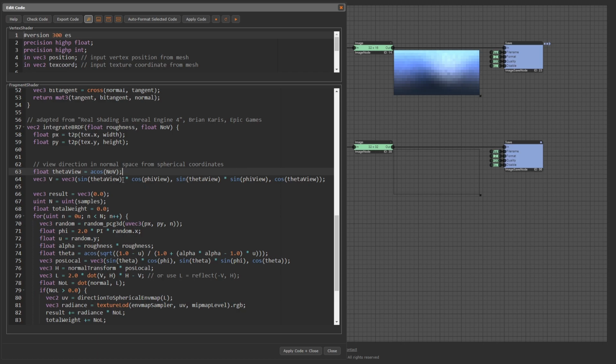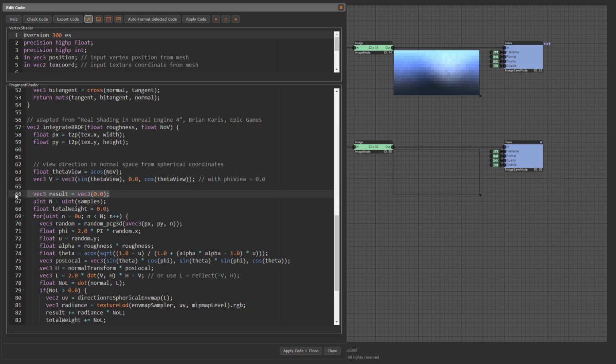If we set phi view to 0, we get simpler equations for v. The cosine of 0 is 1. The sine of 0 is 0. With phi view equals 0.